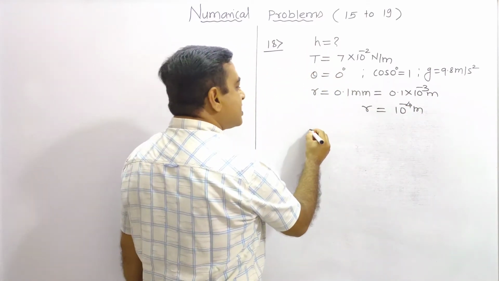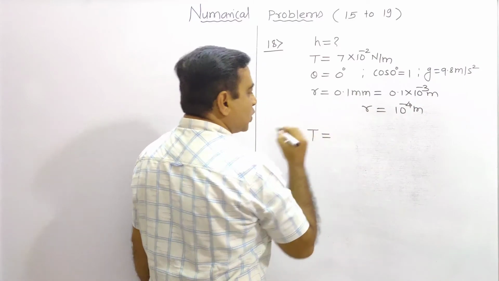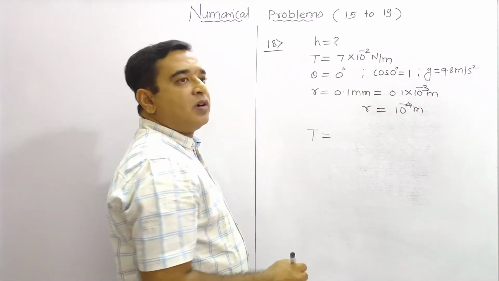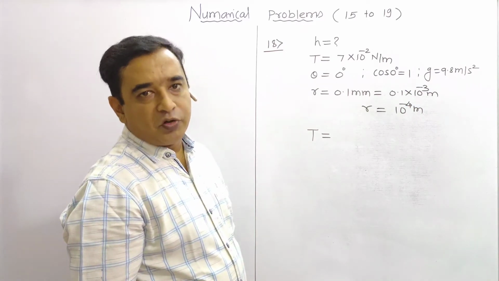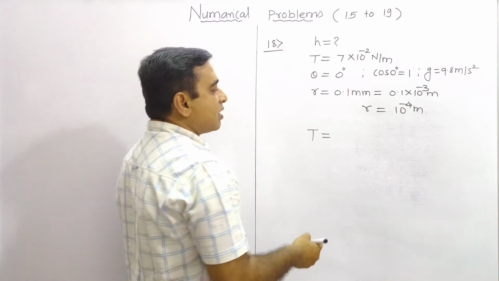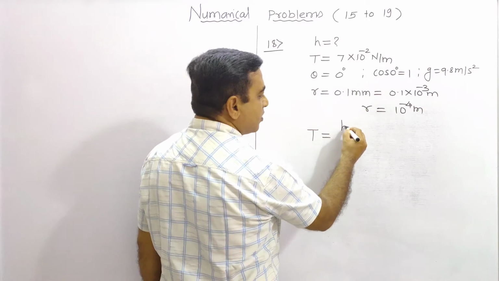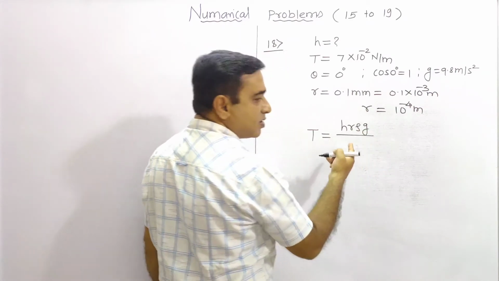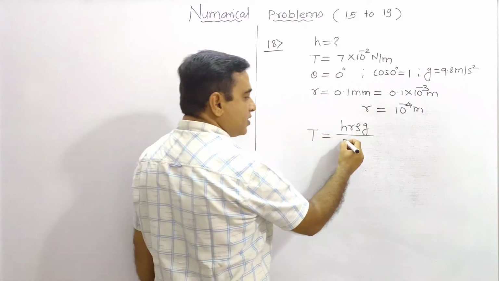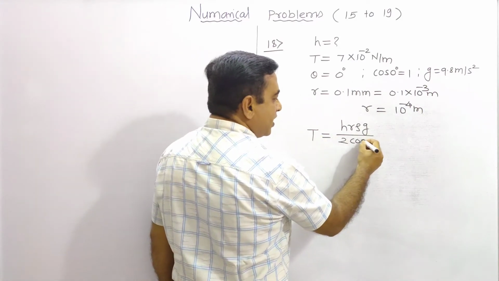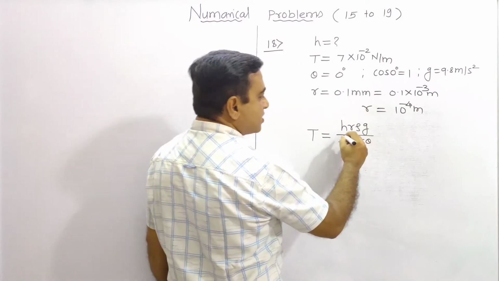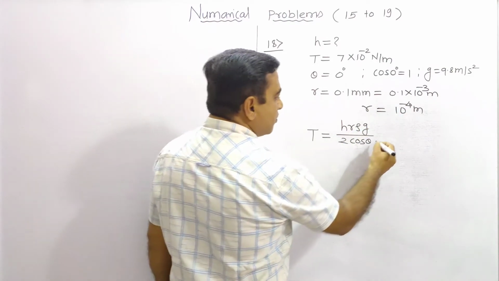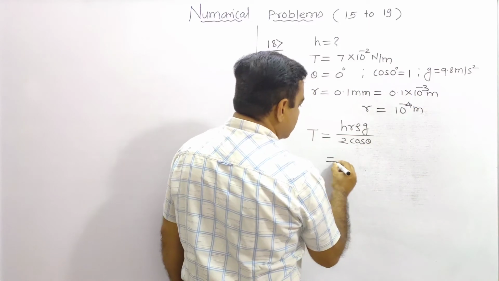So we know the basic formula to get the surface tension from the rise of liquid inside the capillary tube, and hence we are going to calculate the surface tension using the basic formula h r rho g. It is not omitted from the board syllabus. It is in the syllabus, which we have taken already. So it is into cos of theta: T is equal to h r rho g divided by 2 cos of theta. So one by one we need to substitute all the values.